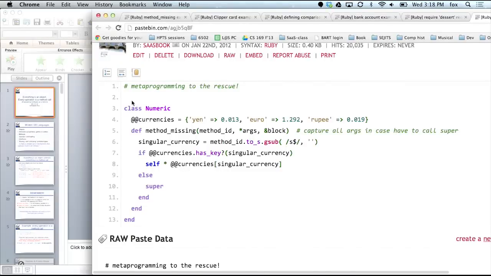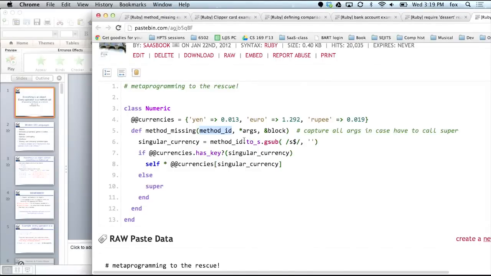One of the facilities in Ruby is called method_missing. So method_missing gets called when you call a method on the receiver and the receiver doesn't know any method by that name, but if you've defined a method called method_missing in your class, it will receive the call instead. And method_missing is passed up to 3 arguments. The first one is the actual name of the method you tried to call, but which doesn't appear to exist. A list of the arguments that that method would have received if it existed, and optionally a block.